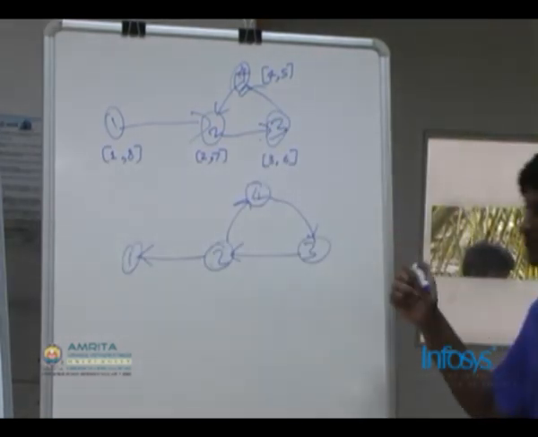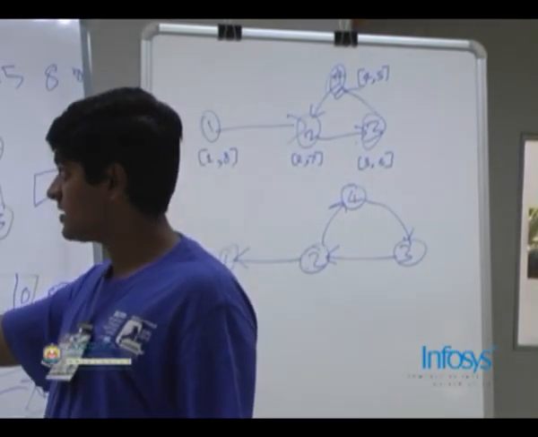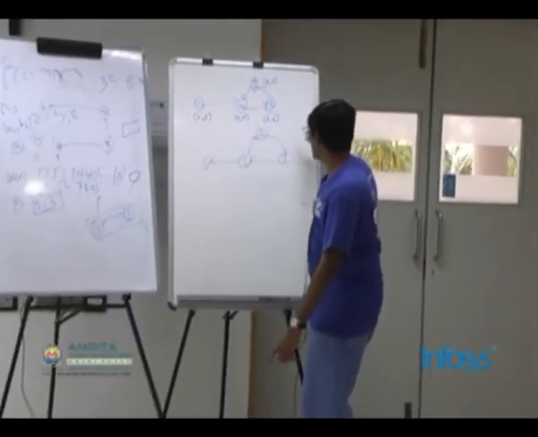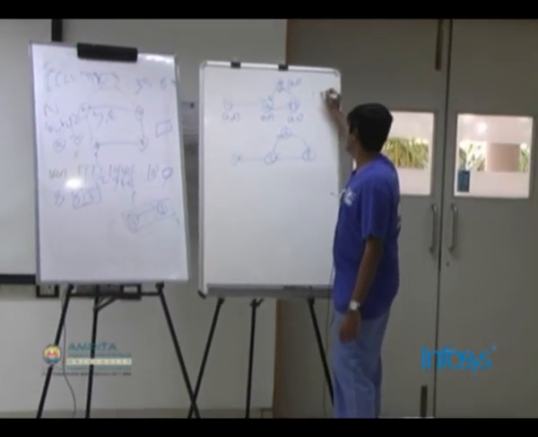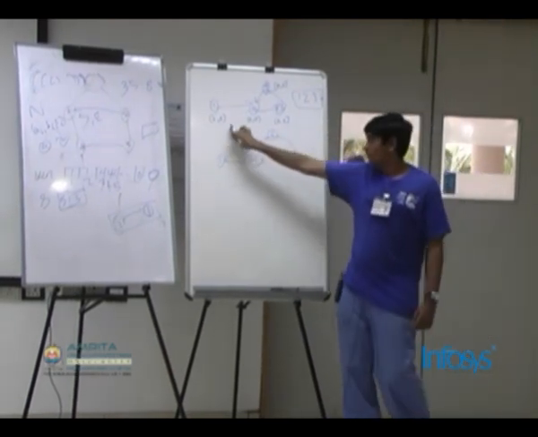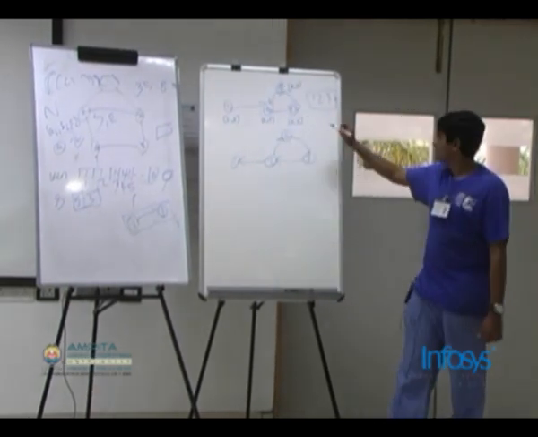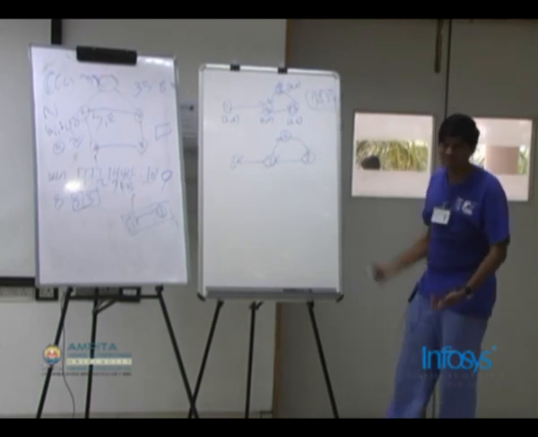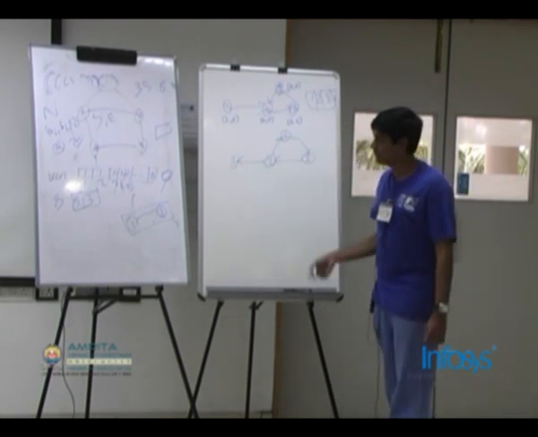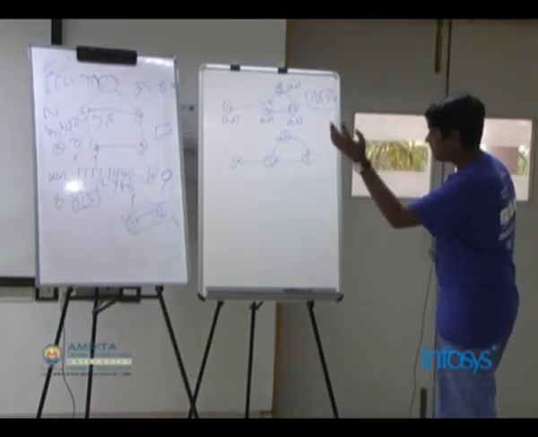This is G dash. In this, call DFS of G dash, but in the main loop of DFS, consider the vertices in order of decreasing f of U. The order of decreasing f of U will be 1, 2, 3, 4 only, correct? For 1 it is highest, for 2 it is second highest, for 3 it is third highest, and for 4 it is fourth highest. So we'll perform DFS in this order. It's just 1, 2, 3, 4 here, but in the general case, perform it in decreasing order of f of U. So first